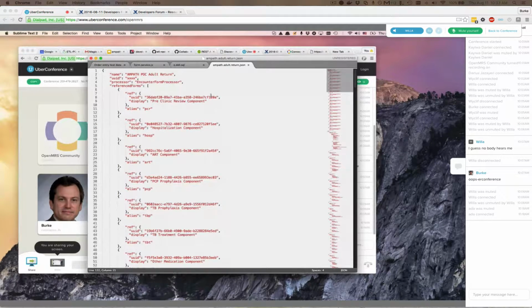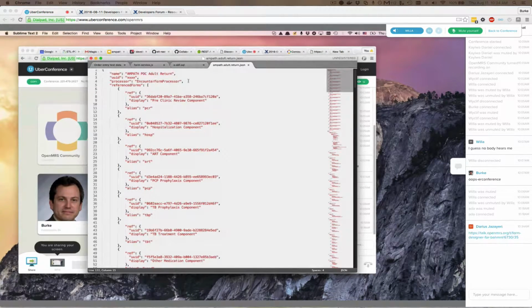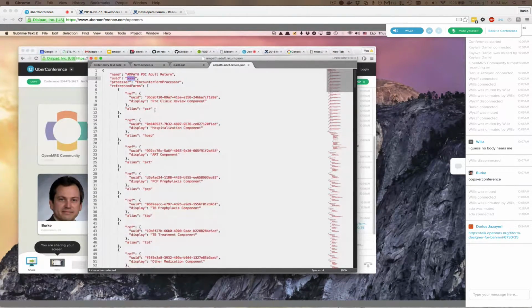All right, I think I forgot to show this. This is the new schema we have after implementing the use of components, including the components in the form. At the top, you have a name, you have the UID, and you have the processor for the form, and then you mention all the forms you're going to reference in your schema.